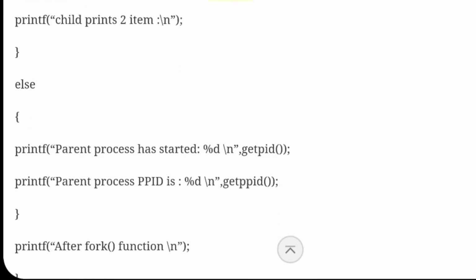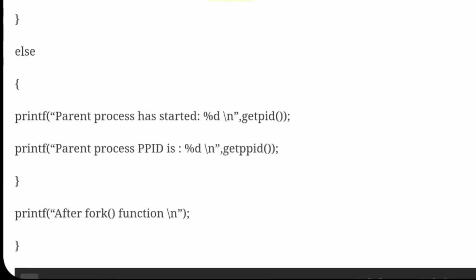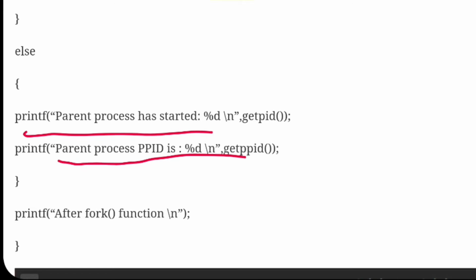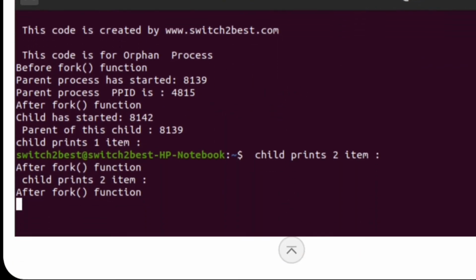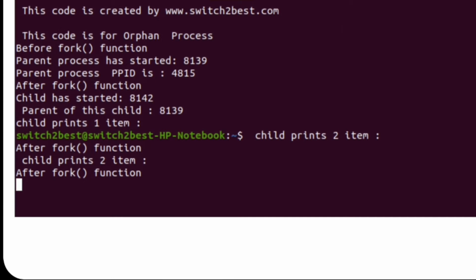As you know, simultaneously it will also execute the other part of this program, that means the parent. It will print these two printf statements, the parent ID and parent process ID for the particular parent, and after that it will print after fork function. Now let's see the output, what happened there in the output. In the output, you can easily track